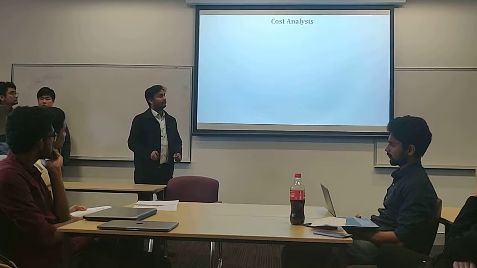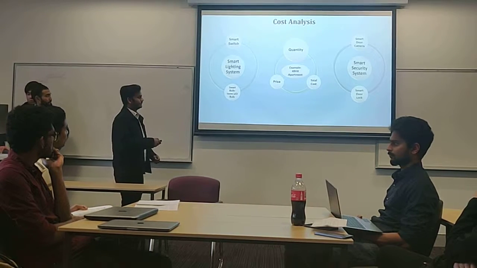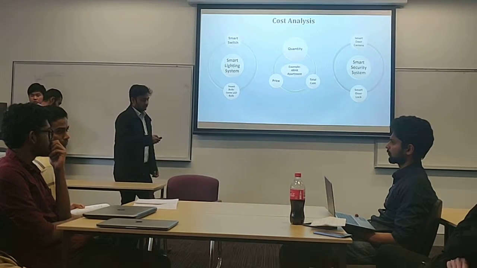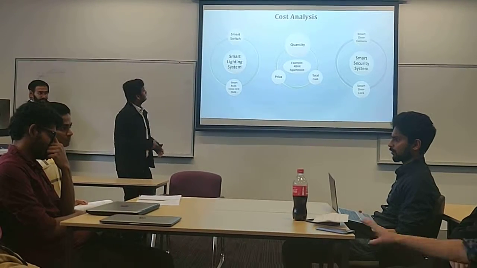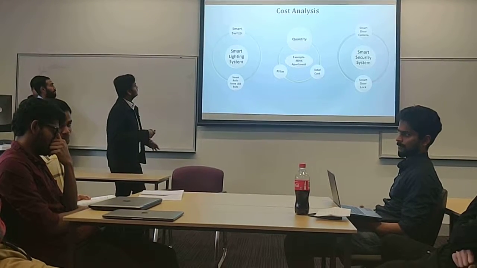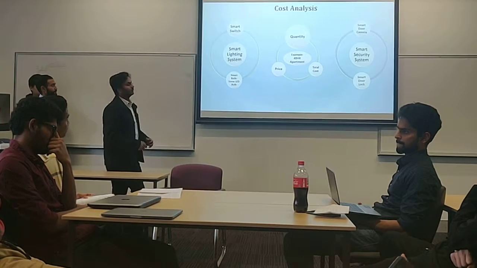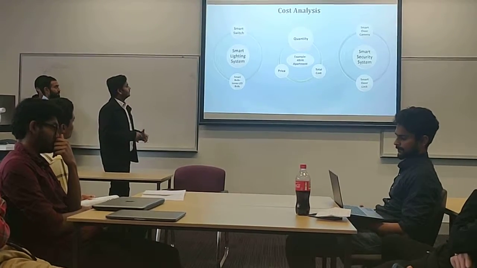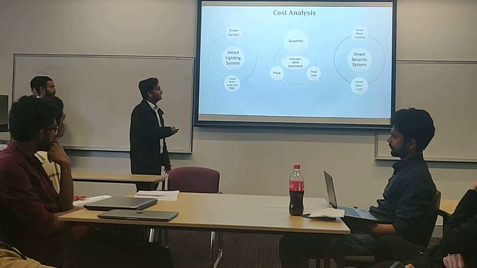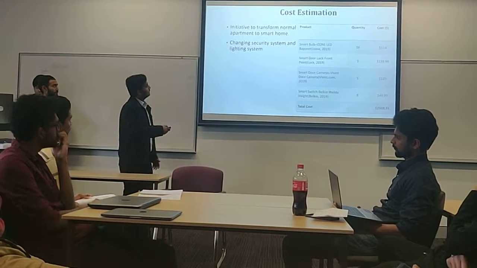Now moving to the cost analysis of the smart technology. So we are considering a 4-bedroom apartment house, which doesn't have any smart technologies. So I will talk about the smart technologies, which are the smart lighting system and the smart security system. In the smart lighting system, we are using smart switches as well as smart bulbs. And in the smart security system, we are using a smart door and a smart door camera. So this is the cost breakdown of